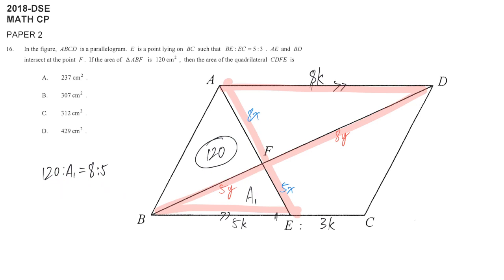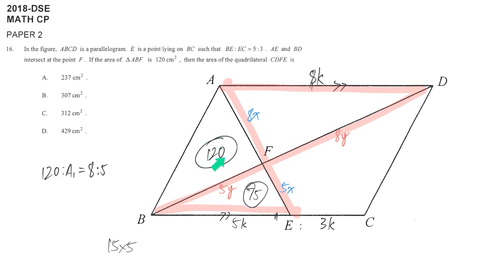So that's why you may just divide 120 by 8. We get each piece is 15. And then multiply by 5, we get A1 directly. This is a skill without using a very long presentation method. So you may just directly write 75 here. Similar reason, this triangle and this triangle have the same height and